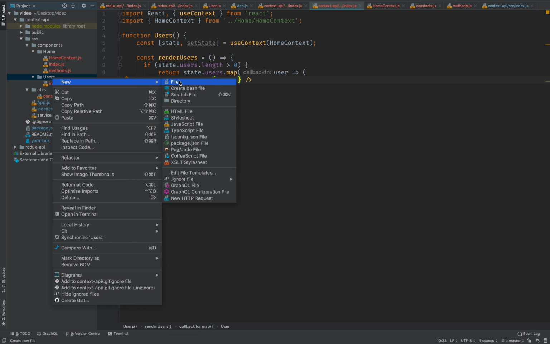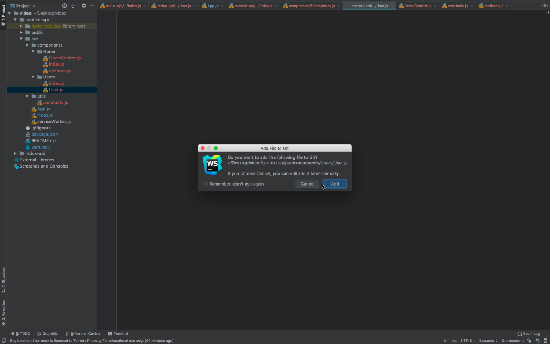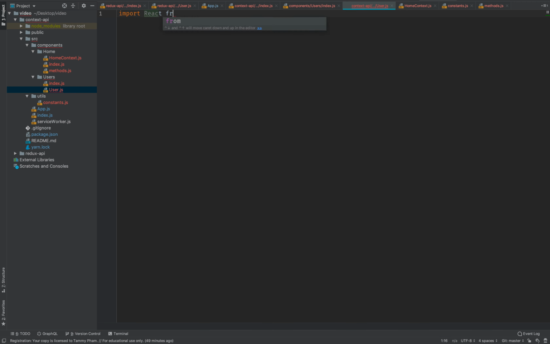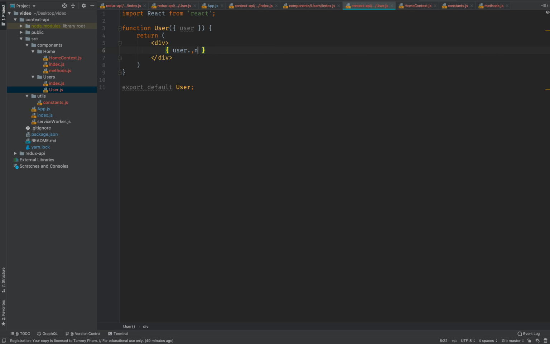And then we just create our file user.js, we import React from React, and have our function user return div, export default user, and then it has access to user, and then we could just print out user.name like so,